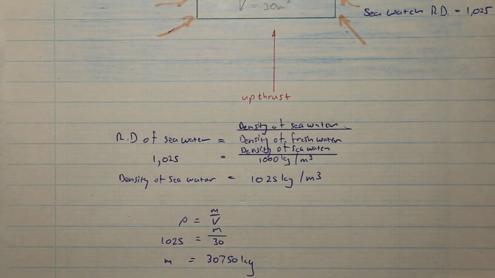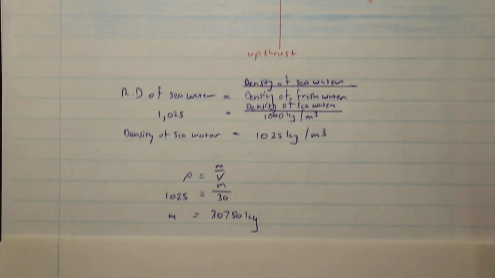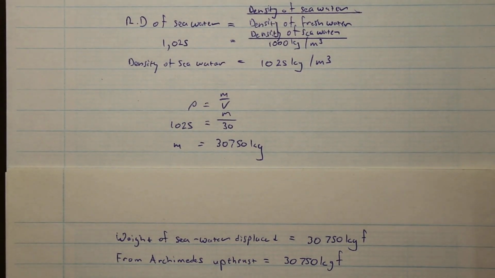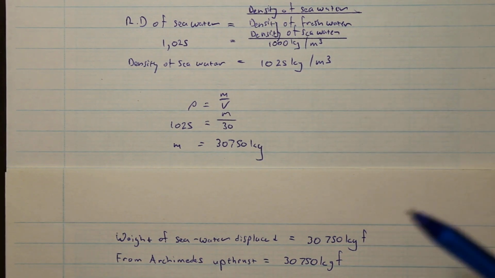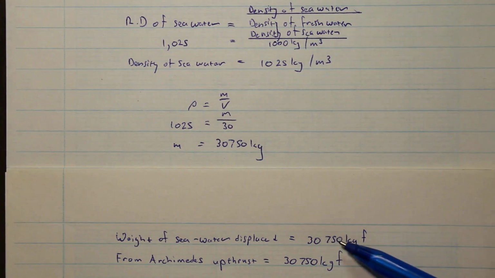So the weight of the seawater displaced, if the mass is 30,750 kilograms, is 30,750 kilograms of force. We're not dealing with newtons yet, so we're just going to say that this is